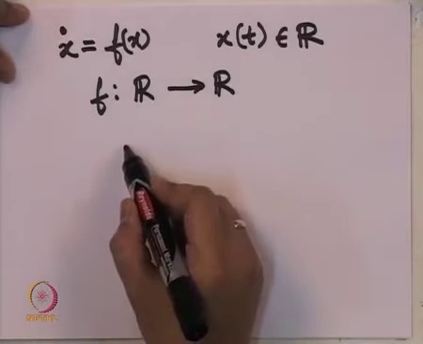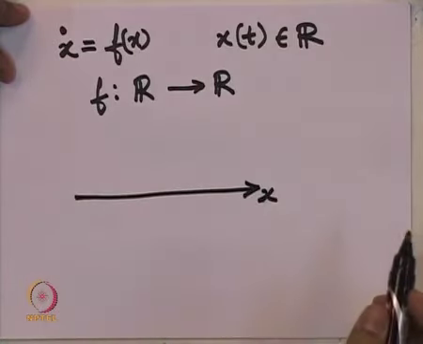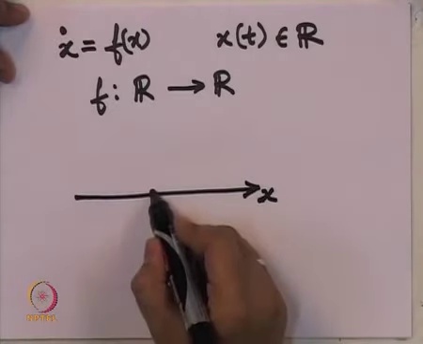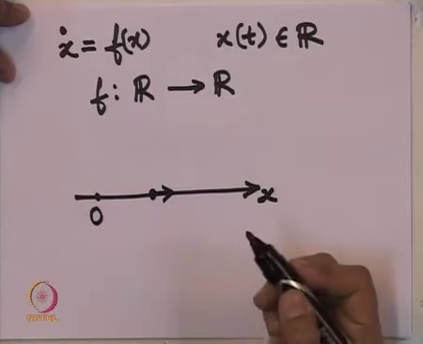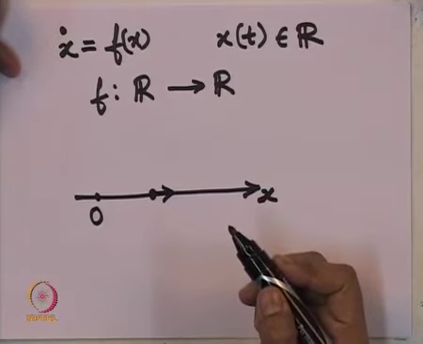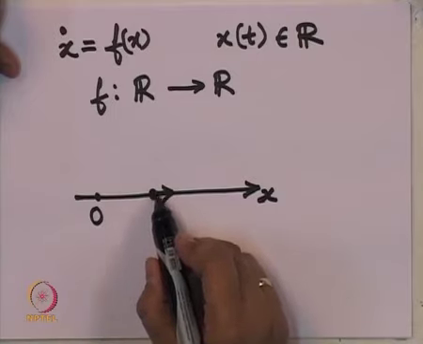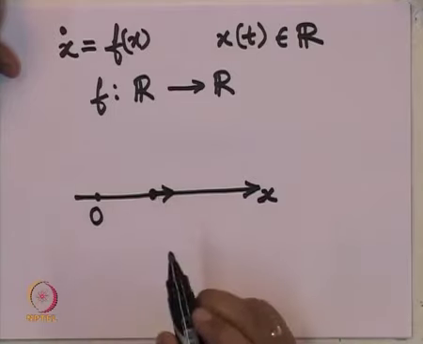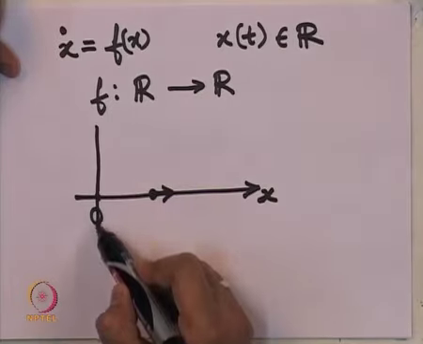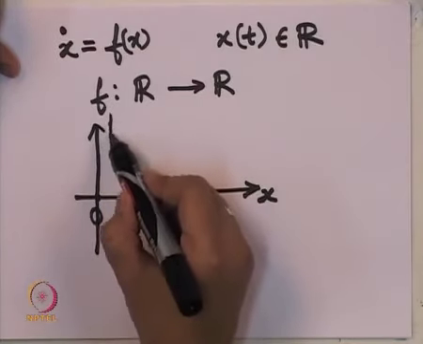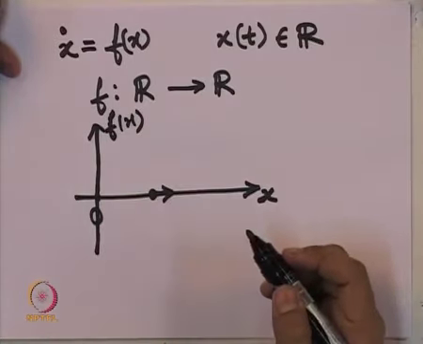So for this differential equation, we saw that the variable x lives only on this line. At any time instant, suppose this is the origin, at every point there is an arrow which is either towards the positive direction of x or negative direction of x, depending on whether x dot at this point is positive or x dot is negative. Whether it is positive or negative can be very conveniently seen by plotting f here. Incidentally, this is possible only when x has only one component.